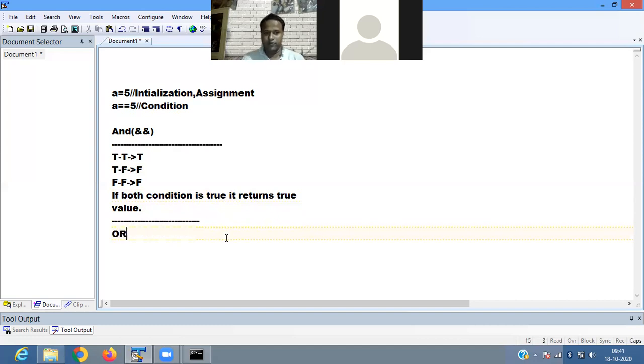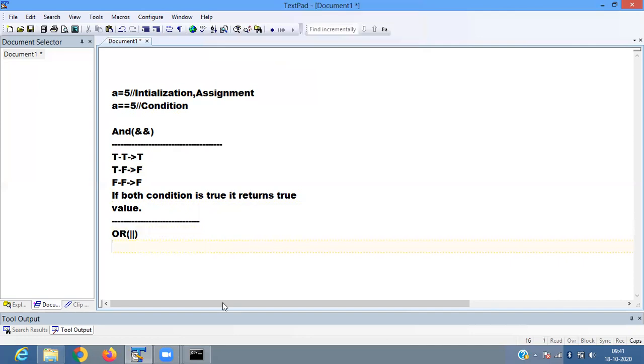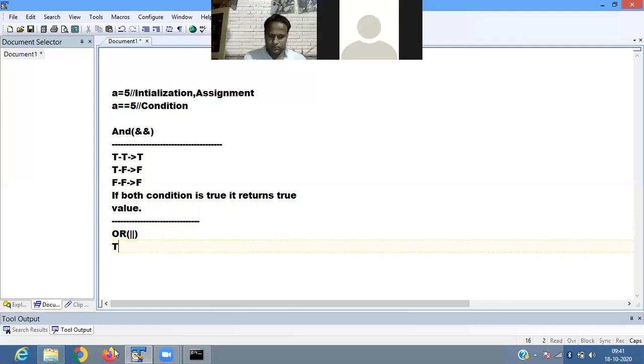Then in the case of the or operator, it is again evaluating two statements. If true, true, it returns true. If true, false, it returns true. Sorry, if true, false, it returns true.